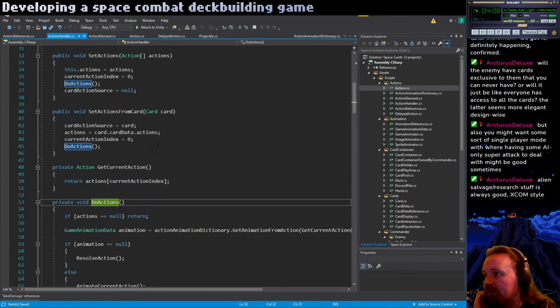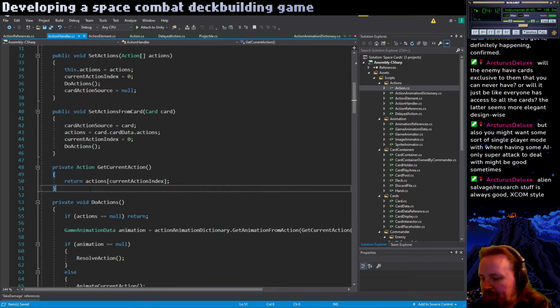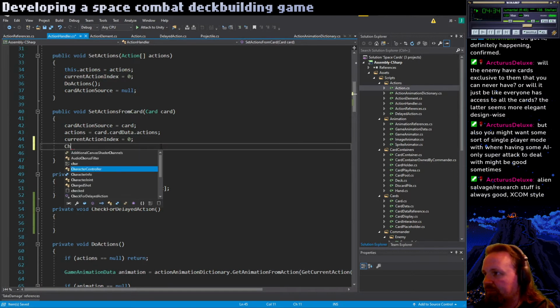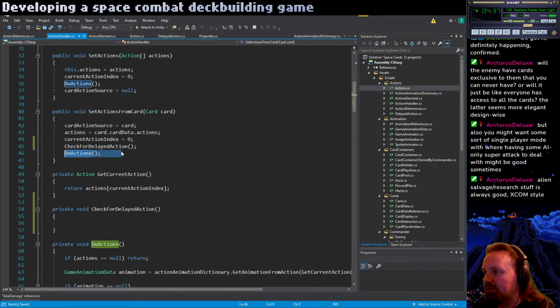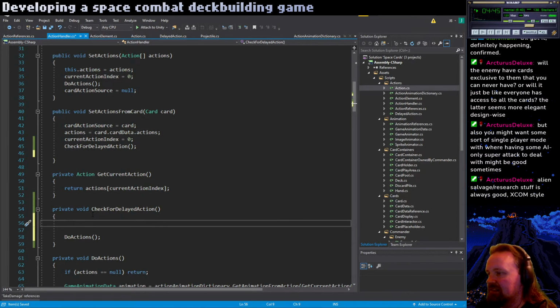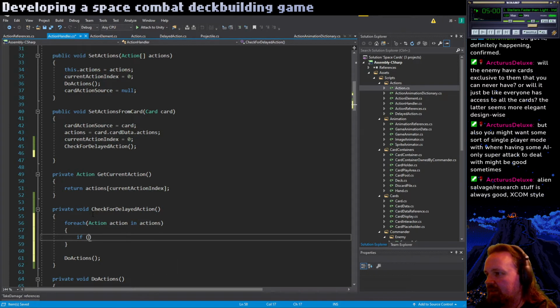wait, set actions from card. We're going to need a separate method here. So decide. Check for delayed action. That's what we're doing. Check for delayed action. And then we'll call that here. And move do actions to here, but check all the actions. If action